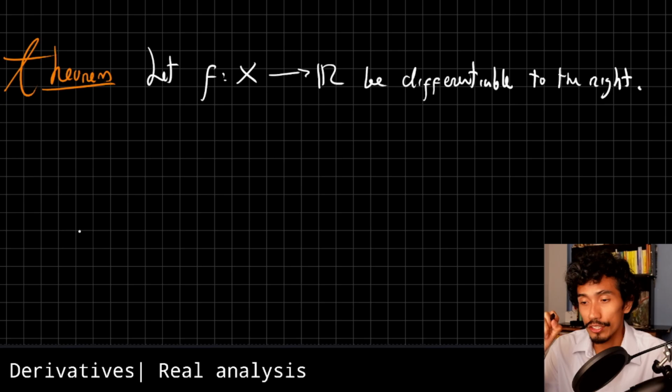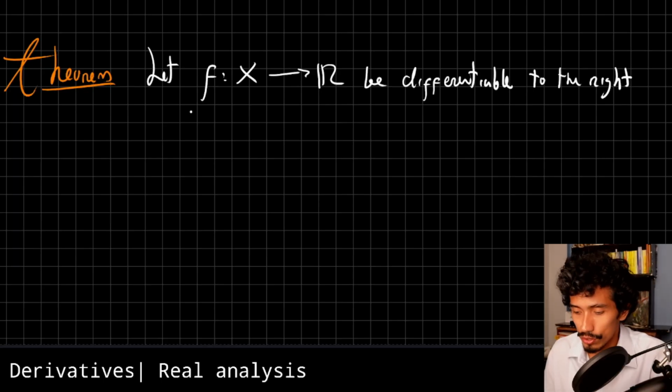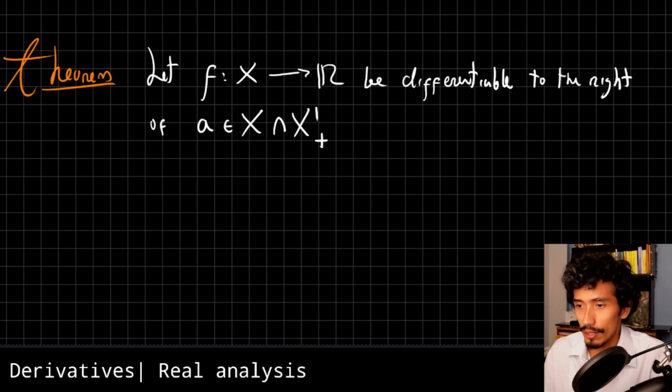This function is differentiable to the right, explicitly to the right, of course, at a point to the right of this point here. So this is what I was telling you earlier. This is the subset of all of the accumulation points to the right. All right. Now, if